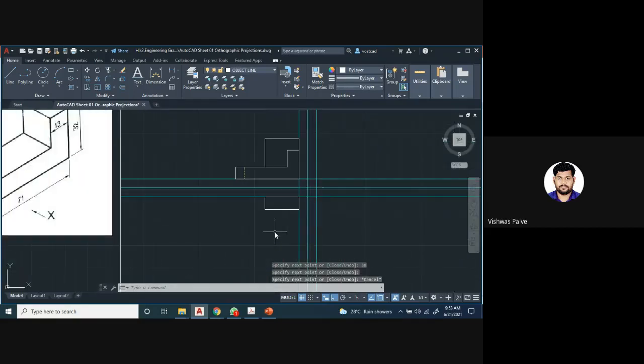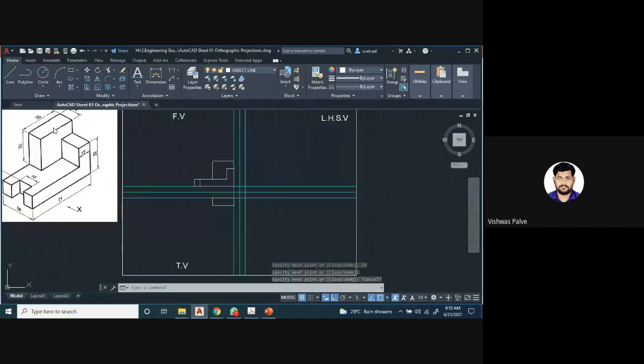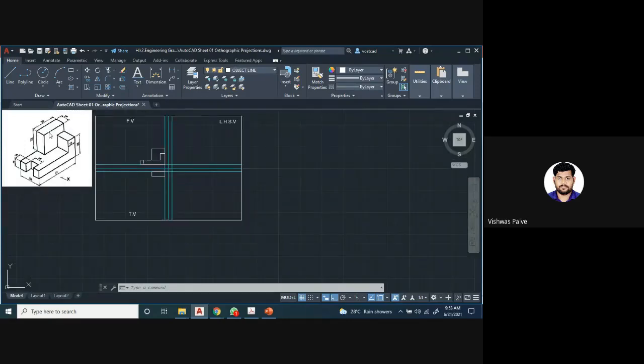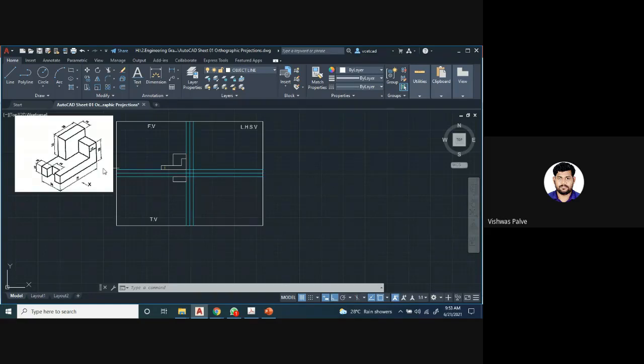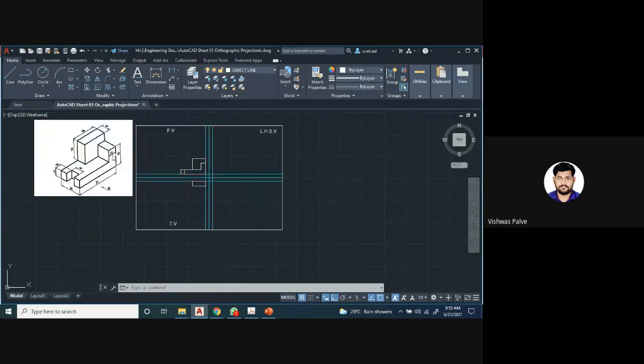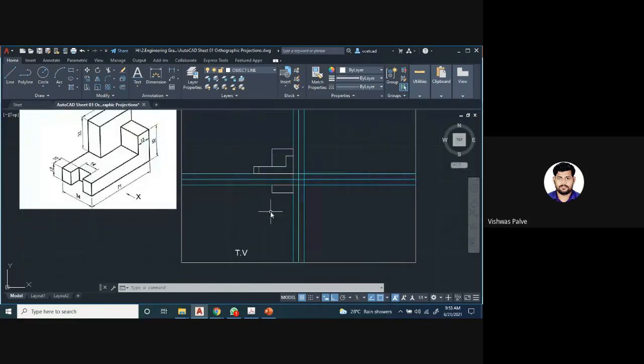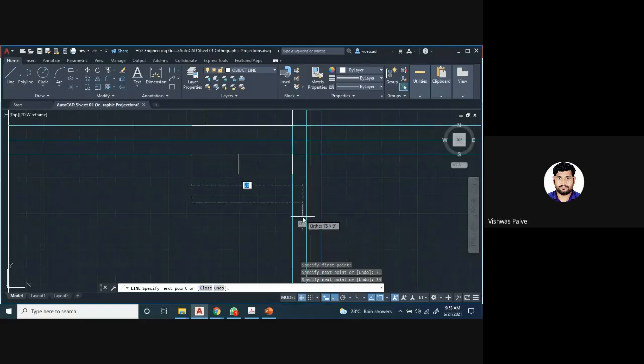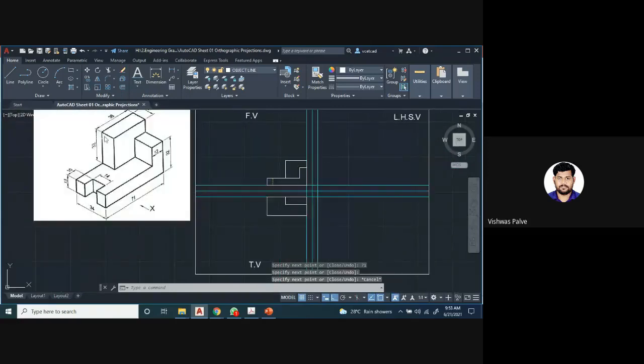So I have drawn this rectangle. This rectangular portion I have drawn. Then next I want to complete this. The rectangle is 71 millimeter, so I can draw that 71 millimeter directly. From here I will take 71 millimeter, then vertical distance 34 millimeter. I will create a rectangle of again 71 millimeter. I'll close this. Okay, so when we observe it from top, you will get this feature, but in that there is this line. This line we have to show, this slot.